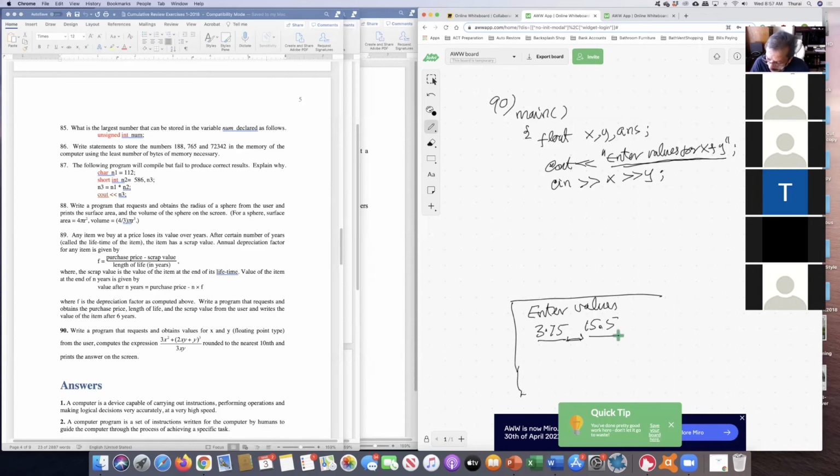So CIN x y, and after that, we are ready to calculate the value. So ans equal to 3 times x times x. Remember, every multiplication must be an asterisk, there is no assumed multiplication. Plus